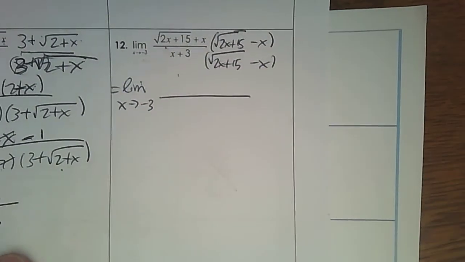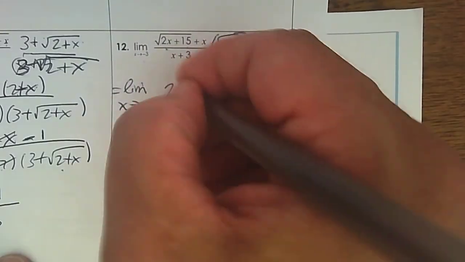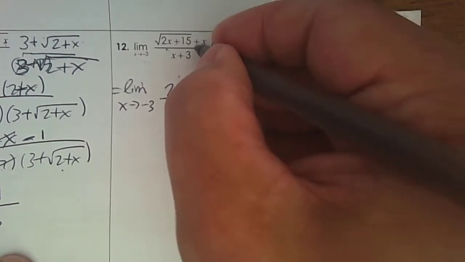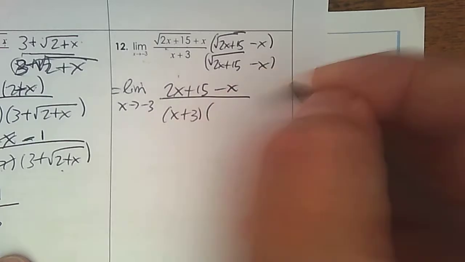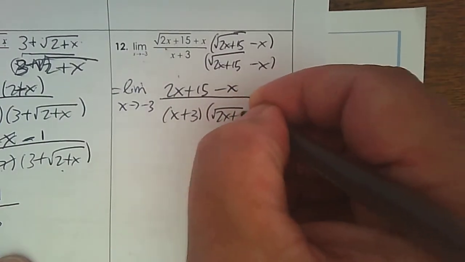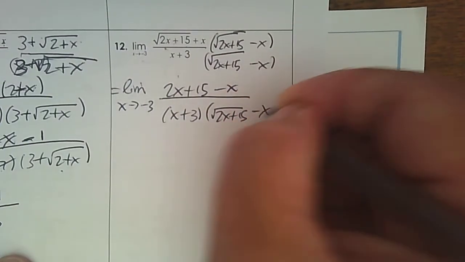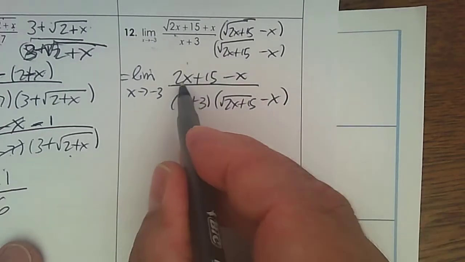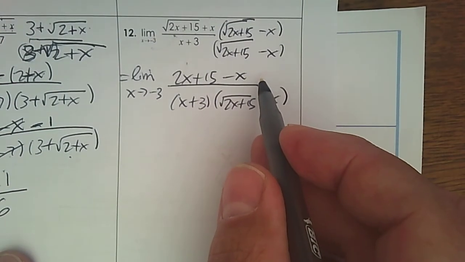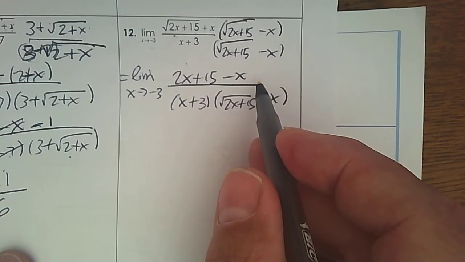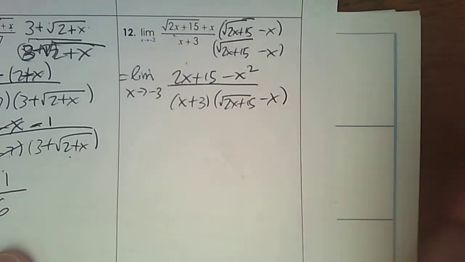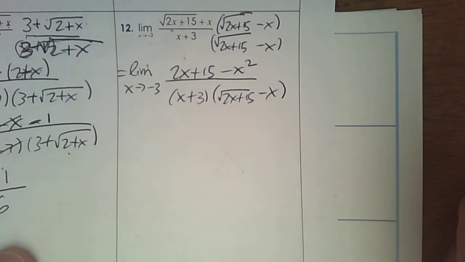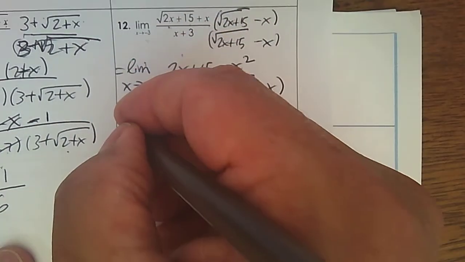And now some simplifying. So first times first gives me 2x plus 15. Last times last is negative x. And then we're going to put these beside each other and not simplify them. 2x take away x. Oh, sorry, x times x, that's negative x squared. Let's make sure I do the algebra correctly. Now, the numerator,